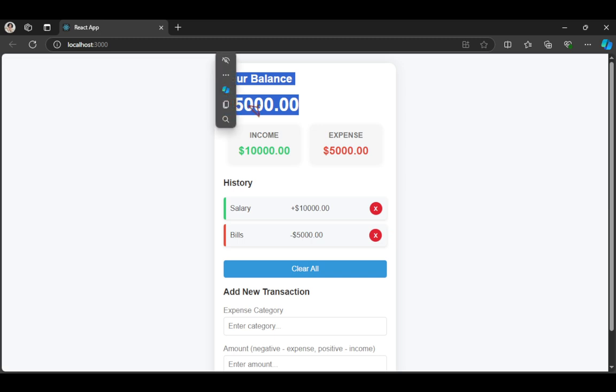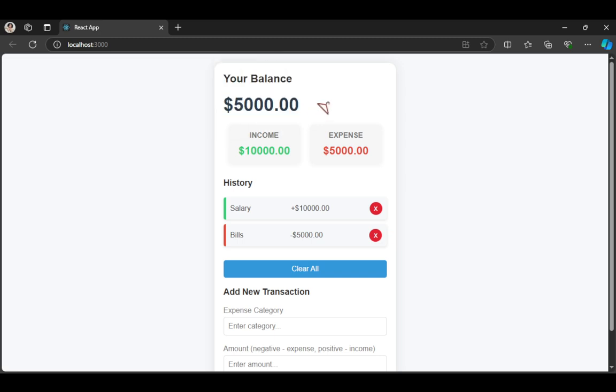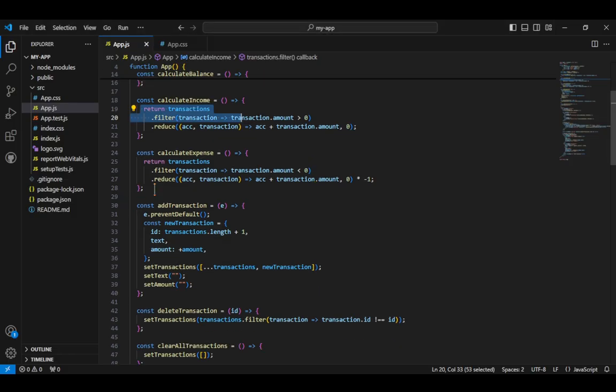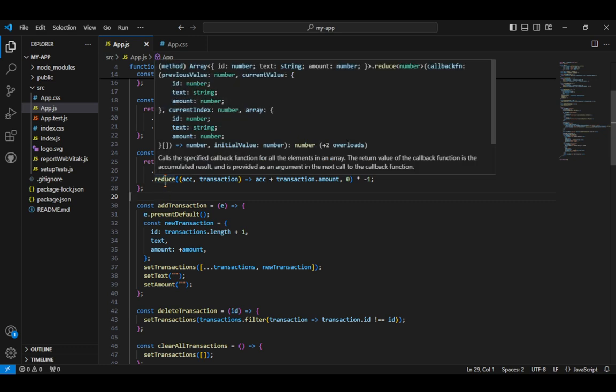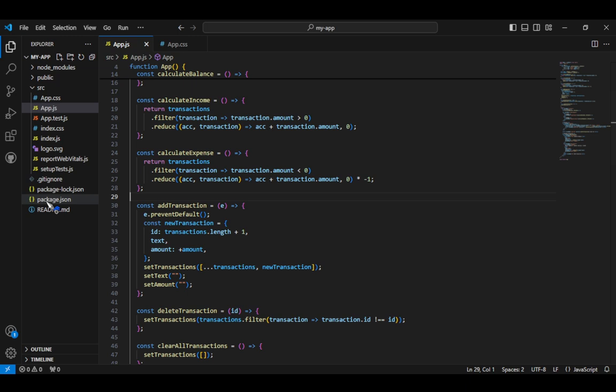It will be minus your balance, because it will multiply by negative one. The calculate expense returns the filter, where you filter the transactions whose amount is less than zero. Then the result will be multiplied by negative one, to make the expense value positive for display purposes.